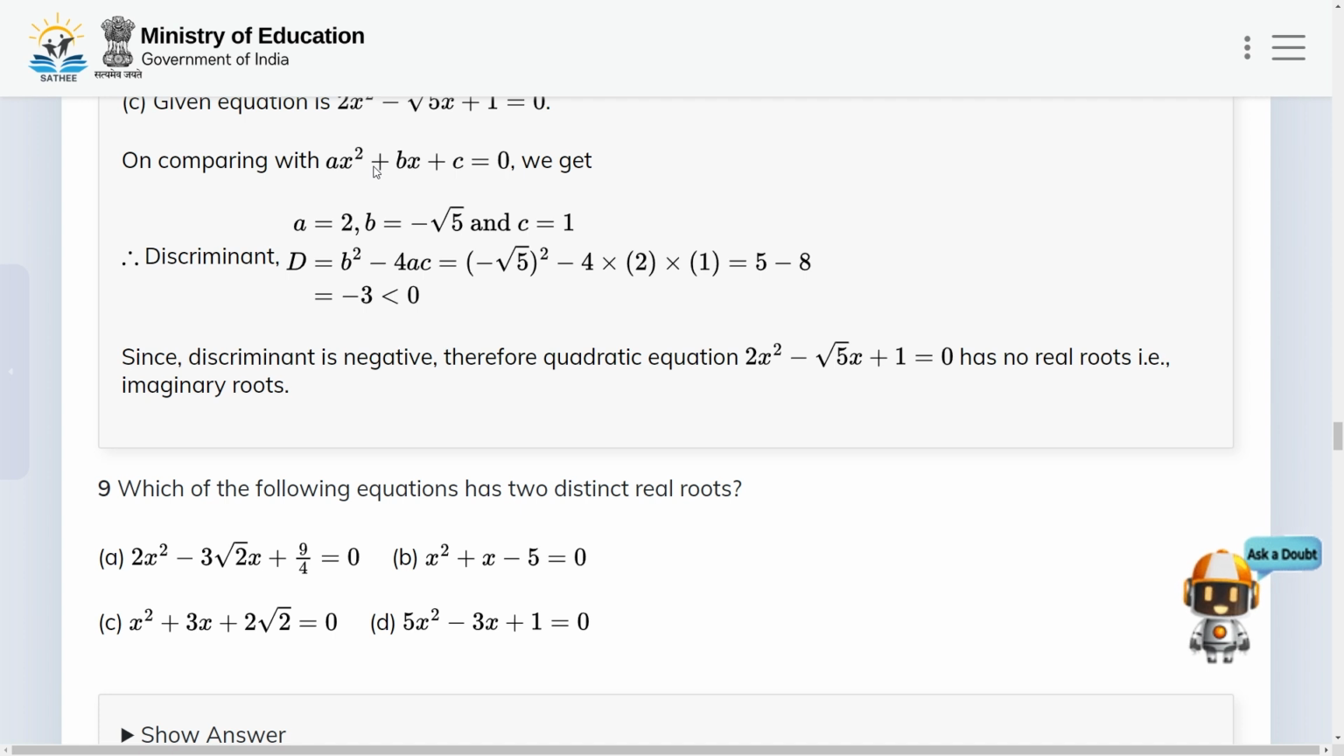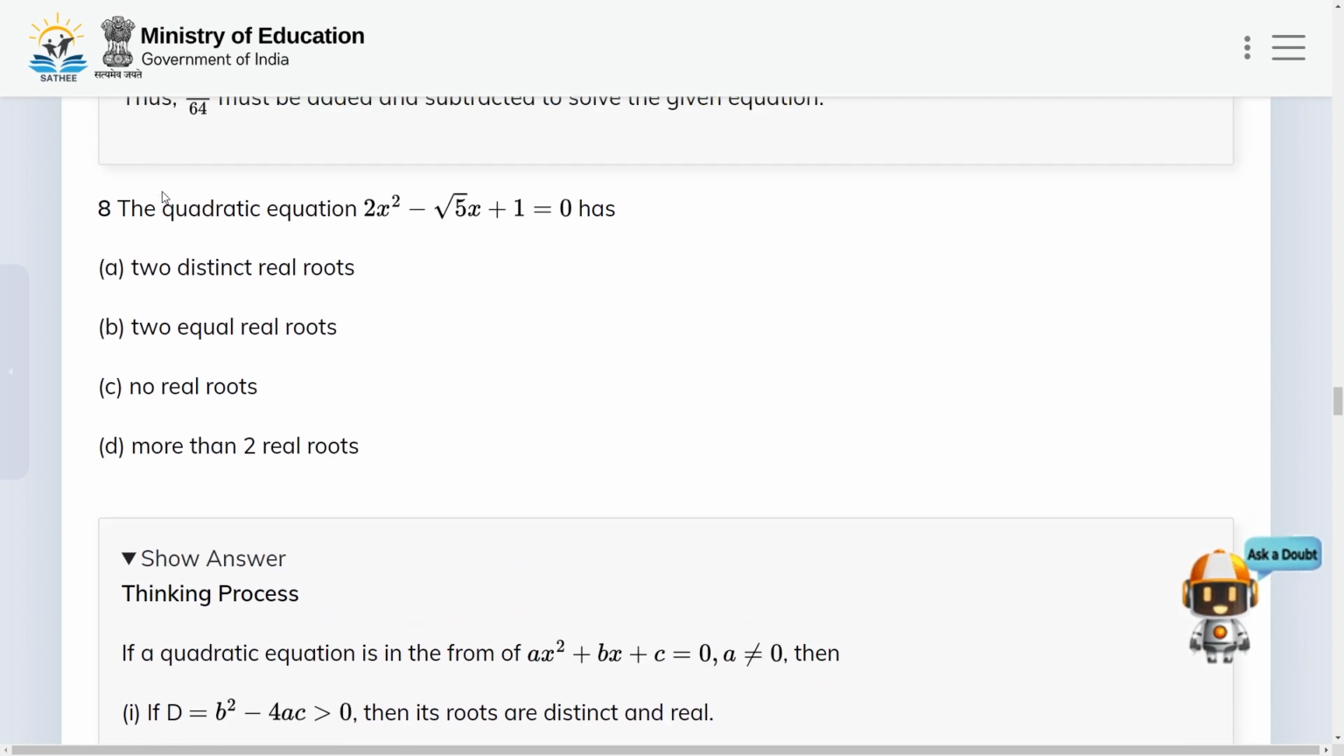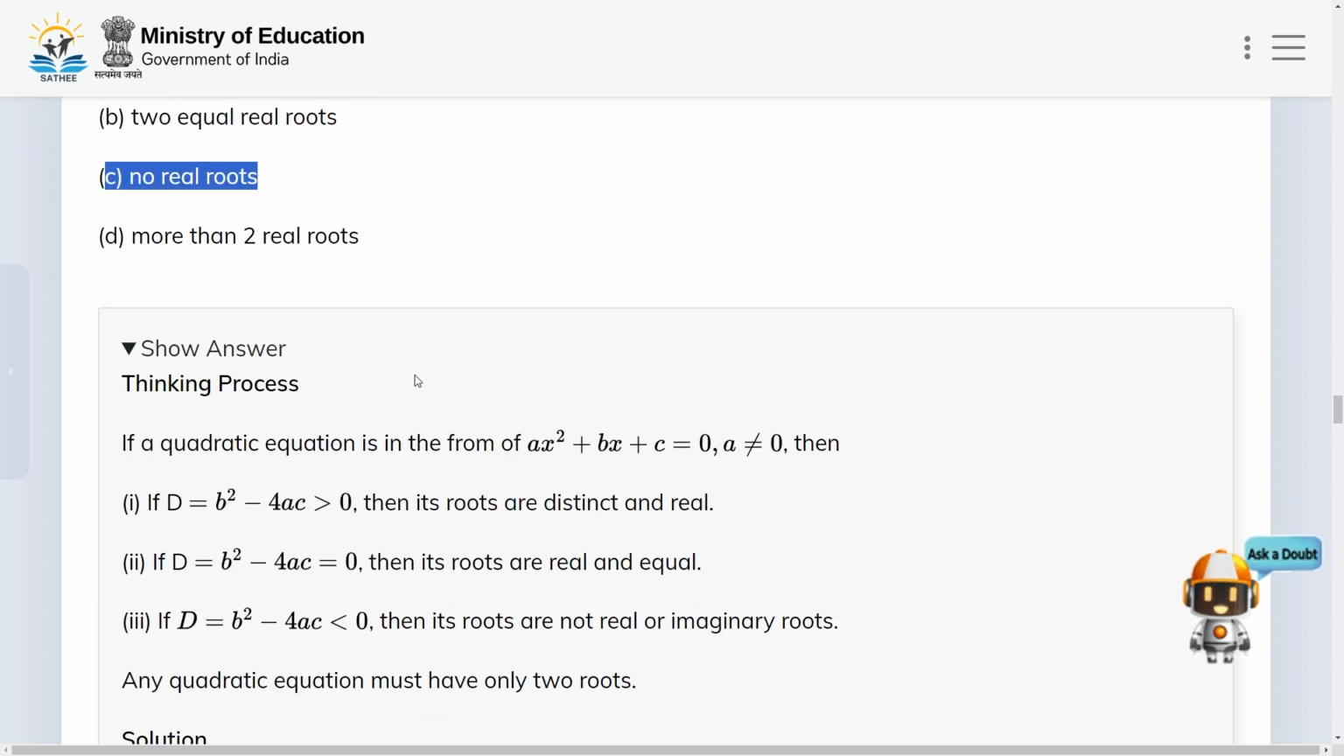Okay, so since the discriminant is negative, therefore the quadratic equation 2x square minus root 5x plus 1 is equal to 0 has no real roots. That is, it has imaginary roots. Okay, so the quadratic equation has no real roots. That is, here option number C is the correct answer. Okay, so now let us move to question number